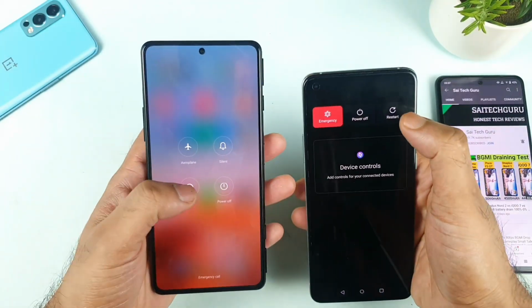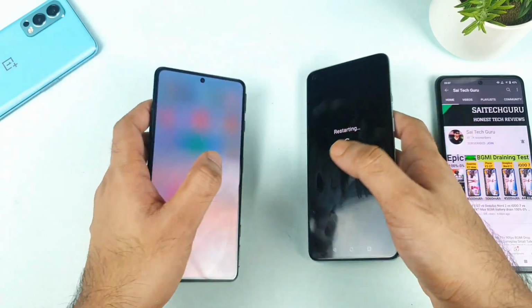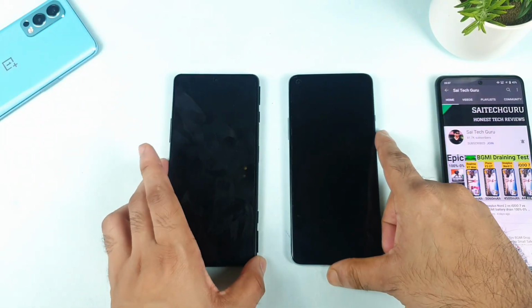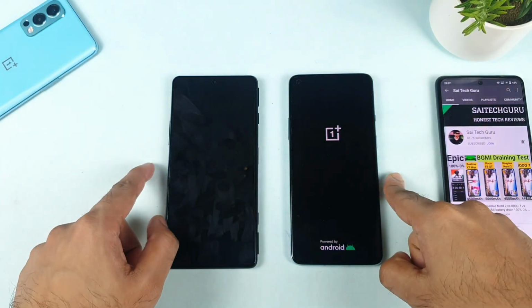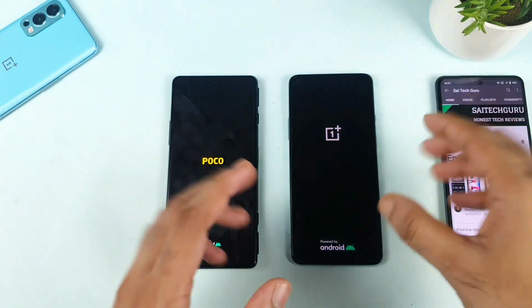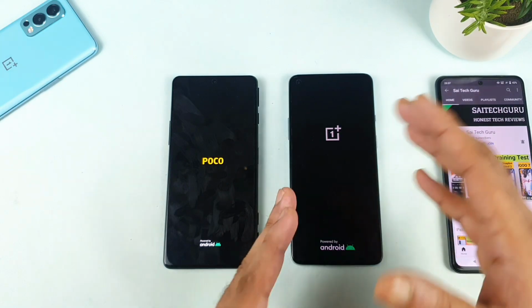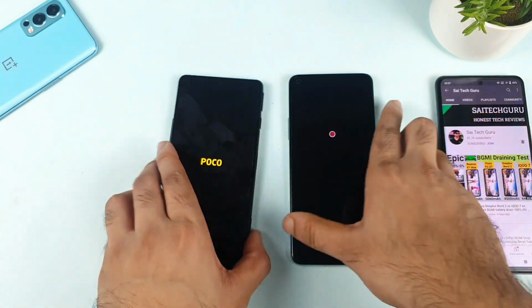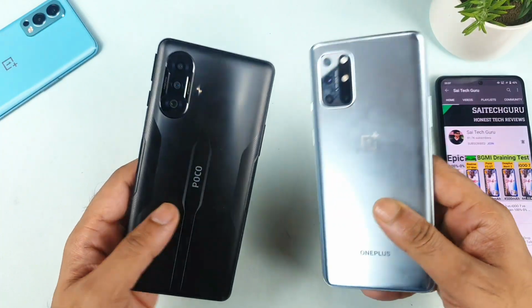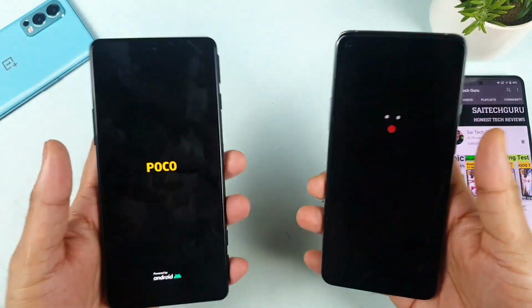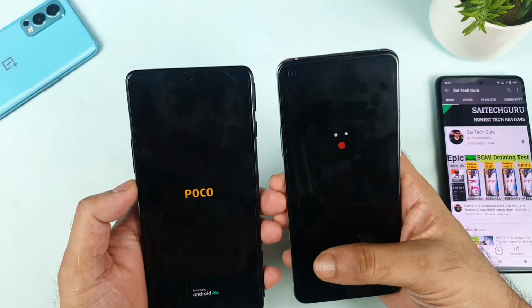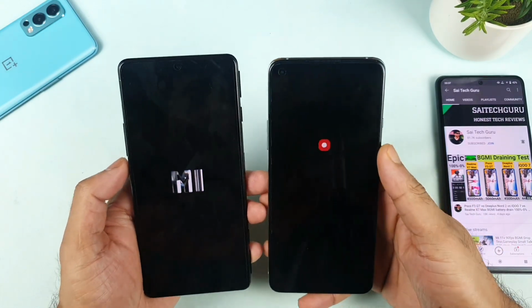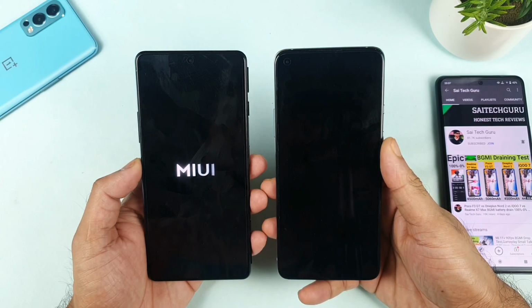test. So first, let's start the test by doing a simple reboot, so then we can continue with the rest of the test. This is my first time doing this kind of side-by-side comparison between both phones. Recently I started to include the OnePlus 8T as well, and plenty of users actually want a side-by-side comparison between these two devices. That is the reason I thought of doing this comparison, just to let you know how well both phones are going to perform. Right now, let's see in the reboot test which phone is the winner.